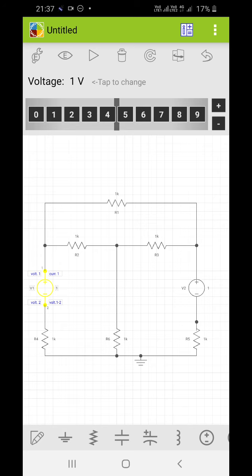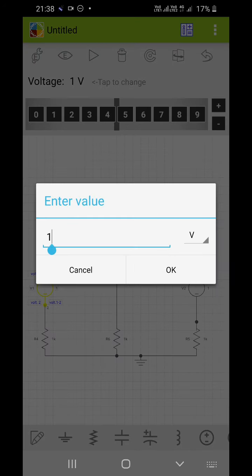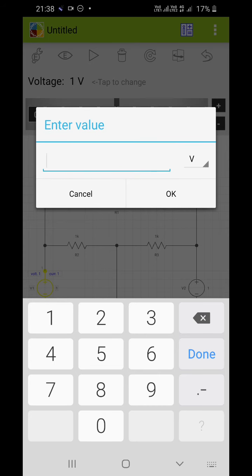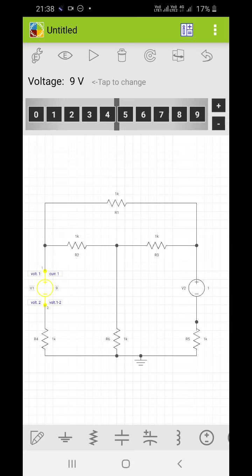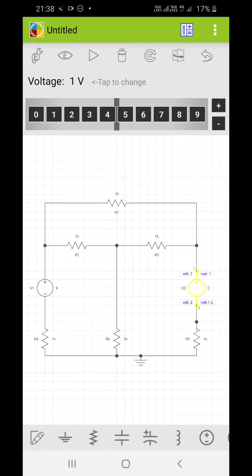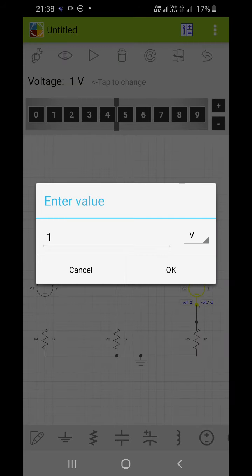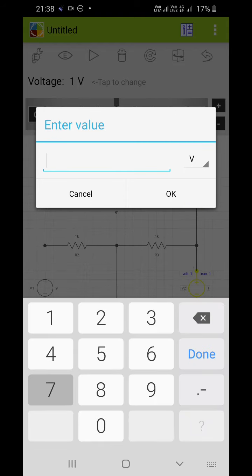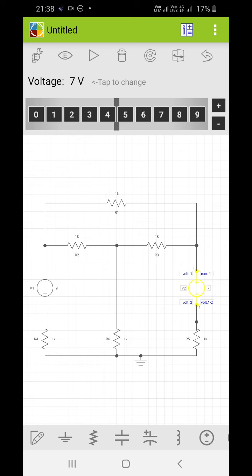So I will click on tap to change, and I can give the desired value. It is 9. I will do the same over here. I will click on this voltage source, then I will go to this E. I will change the voltage to 7 volt, as the voltage source that I will require is 7.